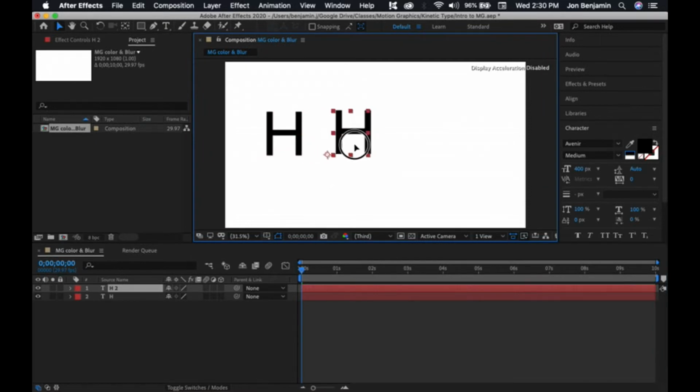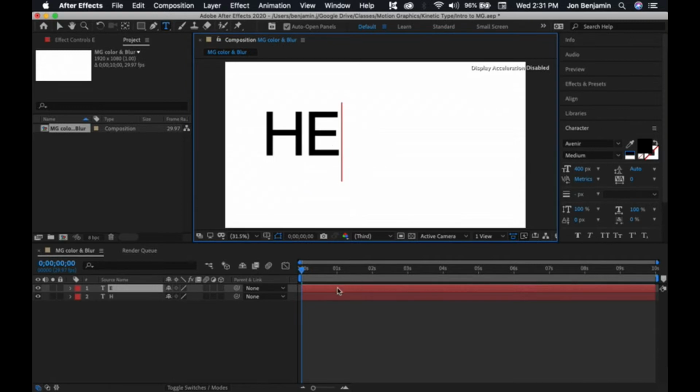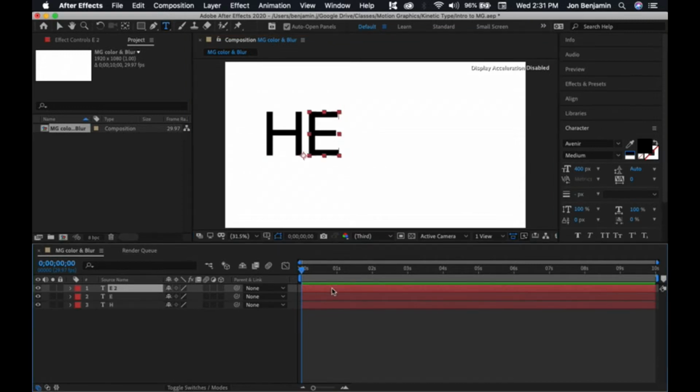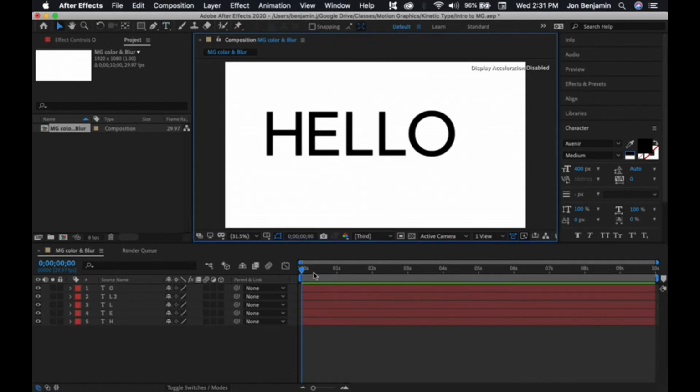Now, if it gets out of hand, I want it to stay aligned. So when I drag it, I'm going to start dragging and then hold the Shift key. That way it stays nice and aligned. All right, and I'm going to type an E there. And then I'm going to do the same thing. I'm just going to duplicate. You go to your selection tool, drag, hold the Shift key down so it stays in alignment. I'm just going to spell out hello. Okay, so we have